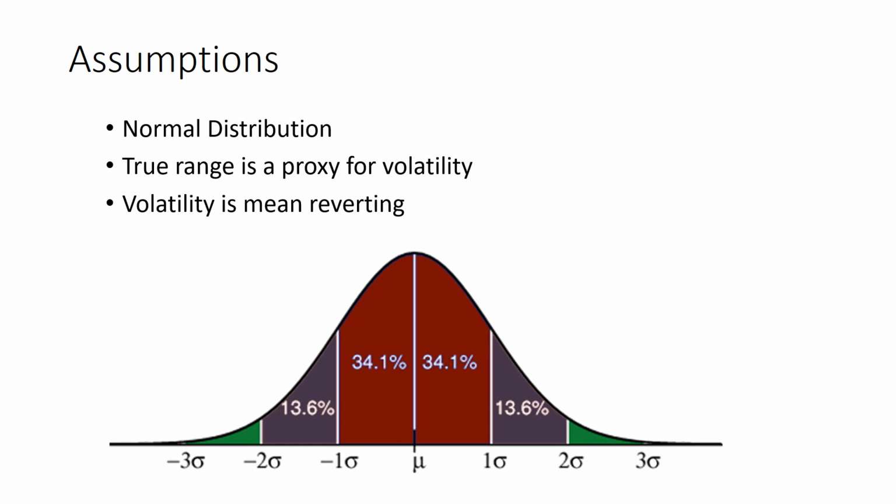This is a standard normal distribution. Statistically speaking, in the standard normal distribution, if you go one standard deviation on either side of the mean, once you're out there, 68.2% chance you're going to have a mean reversion. That accounts for what you're going to expect to see in this red zone. It's the bulk of the distribution. What we're interested in is moving out into these purple zones.